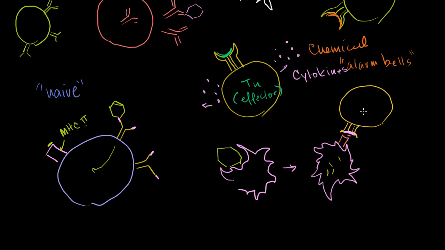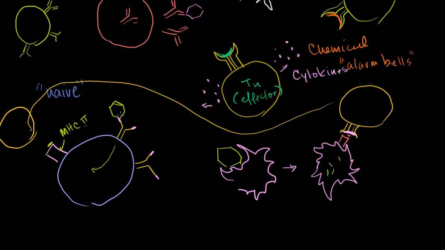Now, once this guy gets activated and starts producing memory and effector cells, or they're descended from him, one of those effector cells specific to this virus needs to come and bind to this guy. So then this guy can bump around and eventually end up here. And he is also specific to this virus. So this binding site right here is the same as this binding site, this combination of antigen plus MHC2. And remember, this binding site only binds to this combination right here. When he binds, this is what activates the B cell.